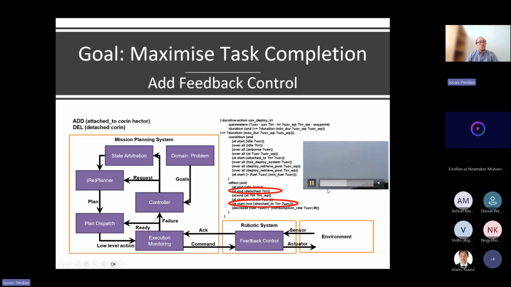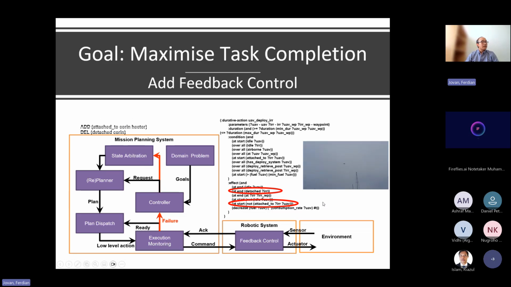So with feedback control, now you can inform the state arbitration or the monitoring system that it's failing. So this monitoring system can delete or negate whatever happens here, by adding back the attachment and deleting the detachment information in the state of the internal planning.